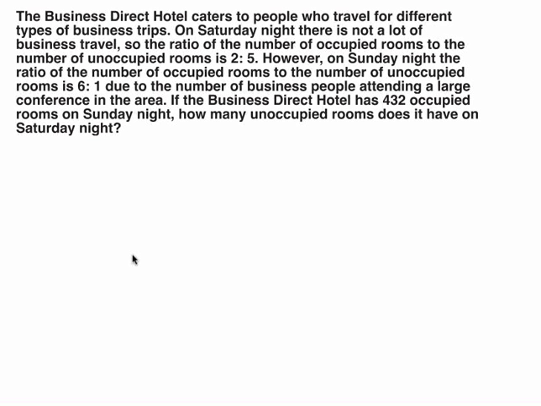An example of this type of problem is: the Business District Hotel caters to people who travel for different types of business trips. On Saturday night, there is not a lot of business travel, so the ratio of the number of occupied rooms to the number of unoccupied rooms is 2 to 5. However, on Sunday night, the ratio of the number of occupied rooms to the number of unoccupied rooms is 6 to 1 due to the number of business people attending a large conference in the area. If the Business District Hotel has 432 occupied rooms on Sunday night, how many unoccupied rooms does it have on